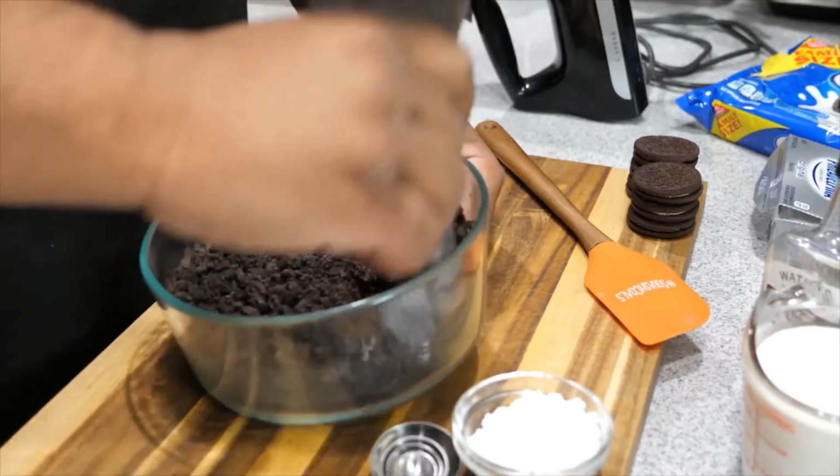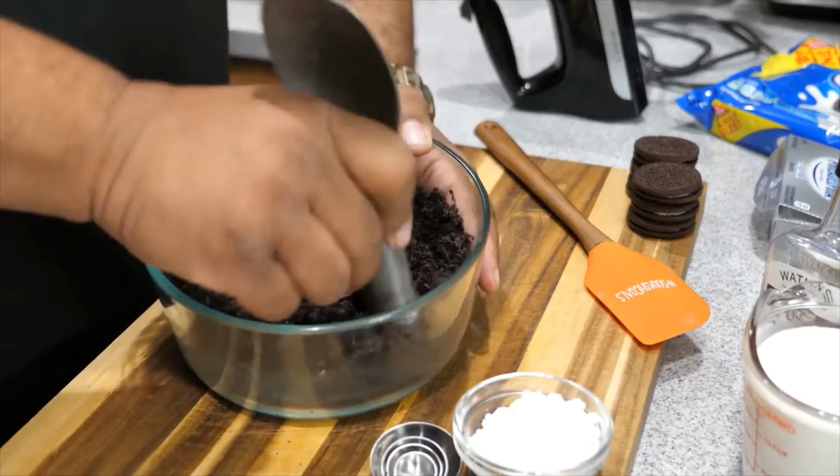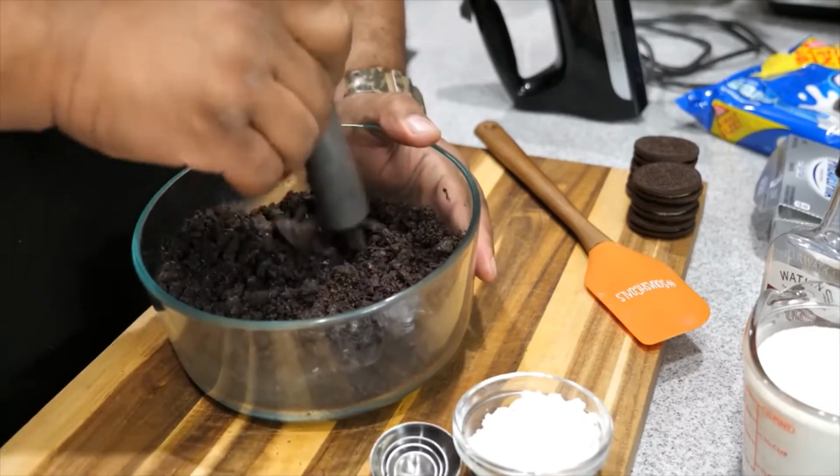in there, and that'll be all correct. So all you have to know is, since I'm using a 9-inch springform pan and I want to have